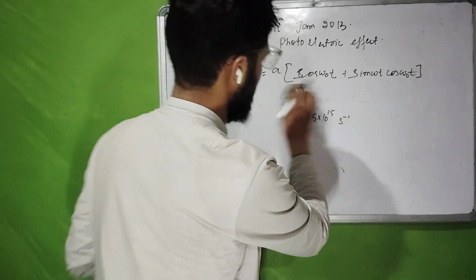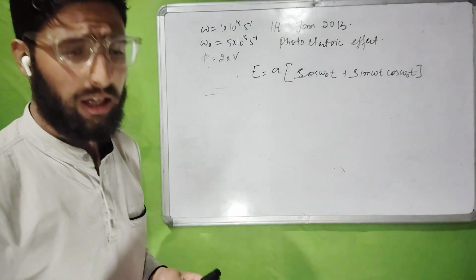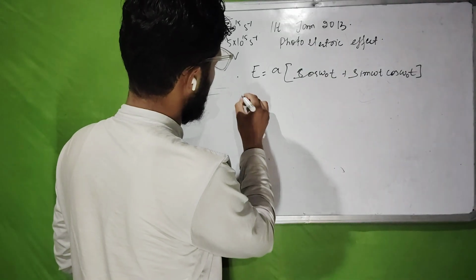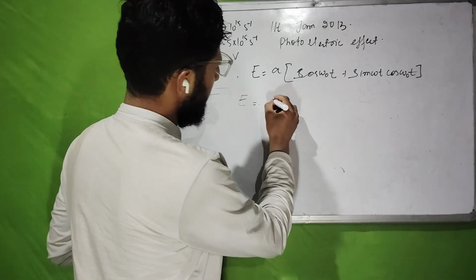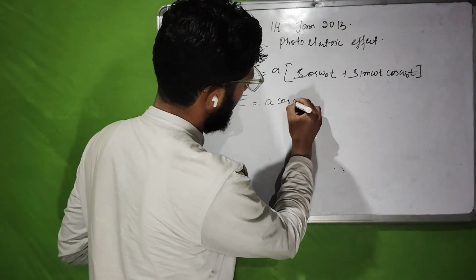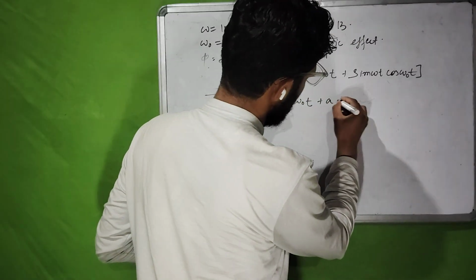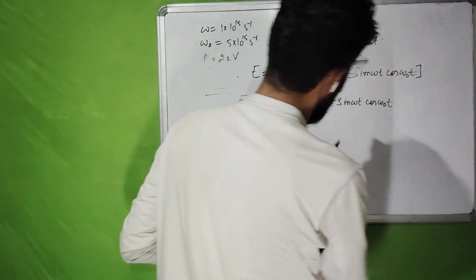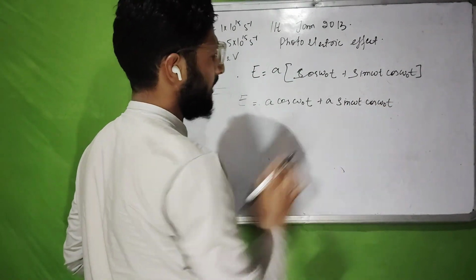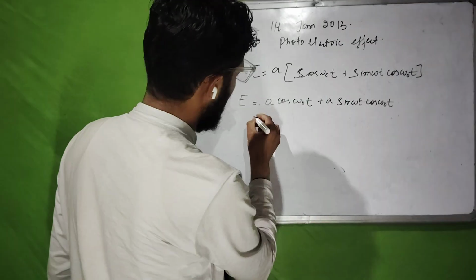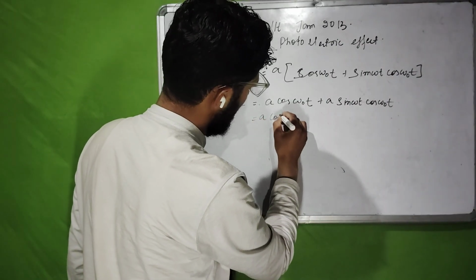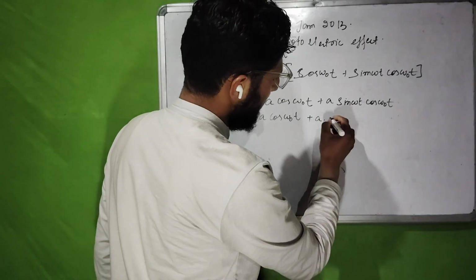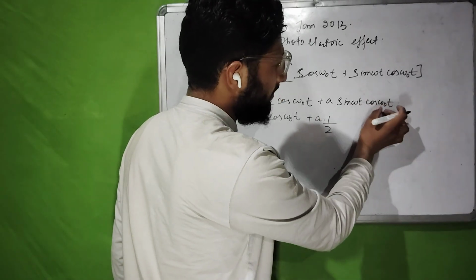Now how to solve this question? See, the procedure is simple if you know the mathematical, trigonometrical identities. So how can we write this? We can write this as E is equal to A cos omega naught t plus A sine omega t cos omega naught t. Here for this sine omega t cos omega naught t, we will use a trigonometric formula, that is, we can write it as A cos omega naught t plus A times half of sine A plus B,